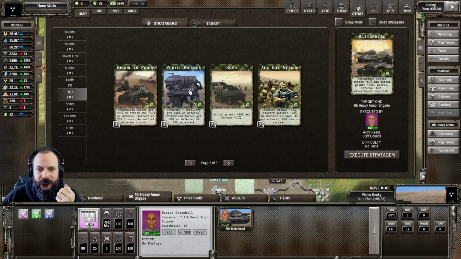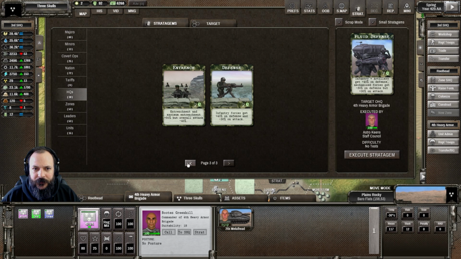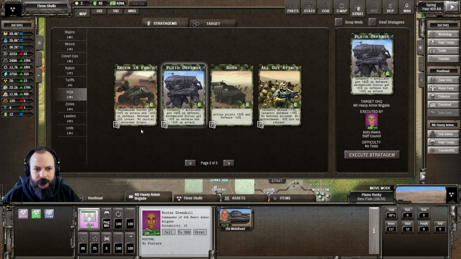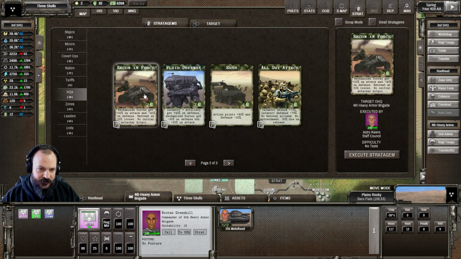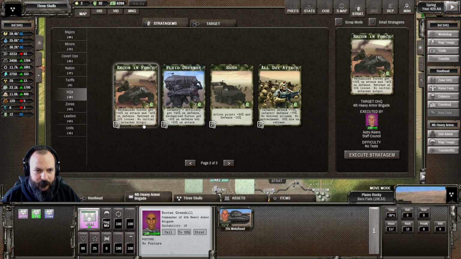Infantry and artillery, this fluid defense, infantry and artillery get 40 on defense, mechanized forces get 30 on defense but 30 on attack. Might be useful. I don't tend to use this card so often. We've also got recon in force. I wish the tooltips here actually said what. Look, no initial attacker hit poi. Well, what does that mean? That's useless. But anyway,